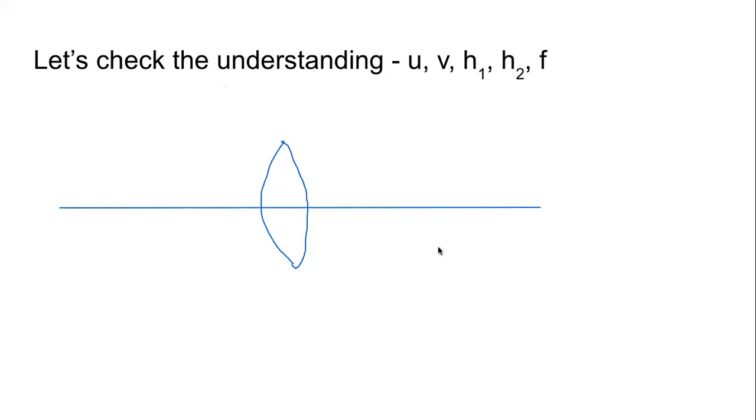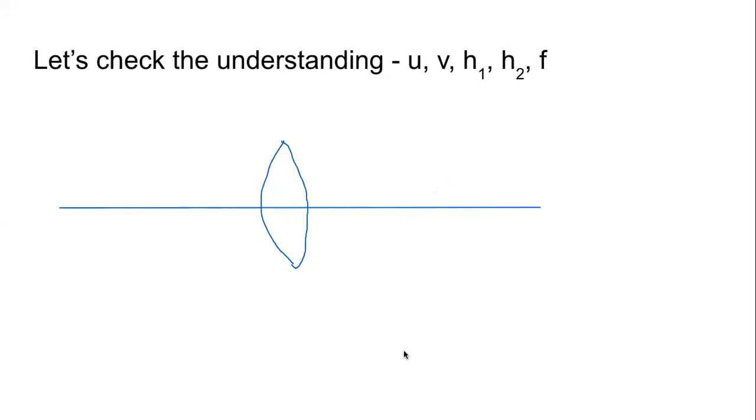Once again, another question. If the object is here, will u be negative or positive? Yes, Karina. Now the answer is correct. Aarti, Prachi, all correct answers. Now it will be positive because it is on the right hand side. Right is positive, up is positive, left is negative, down is negative.